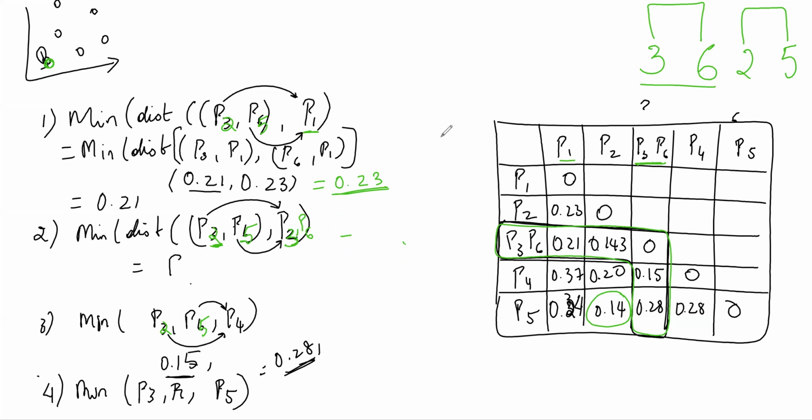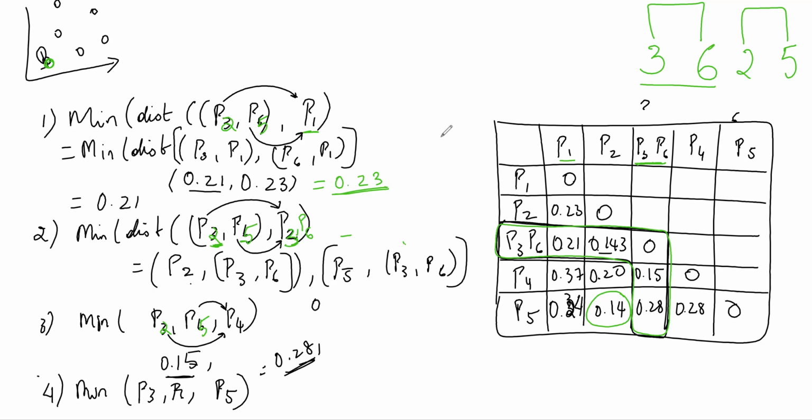So I'll be writing from P2 with respect to P3 comma P6, because P3 and P6 we have already clustered. So I'll be taking this value comma P5 with P3 comma P6. So from P2 to P3 comma P6 is basically 0.143. So I'll get that 0.143 comma from P5